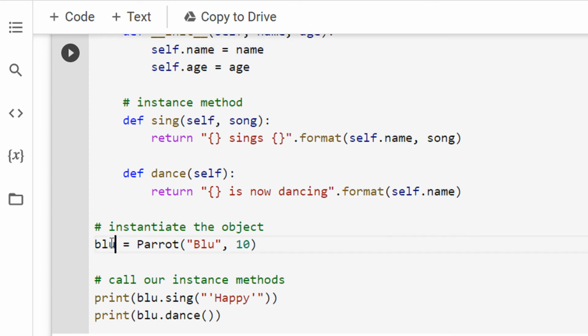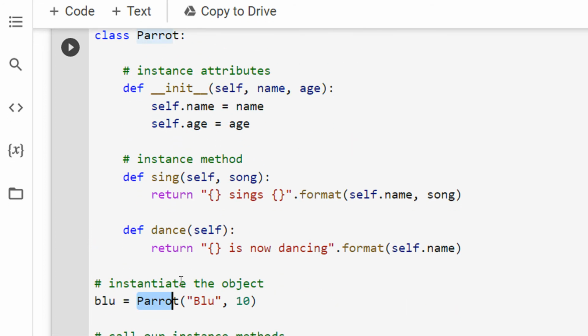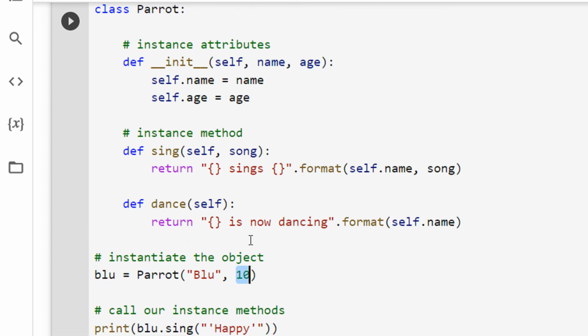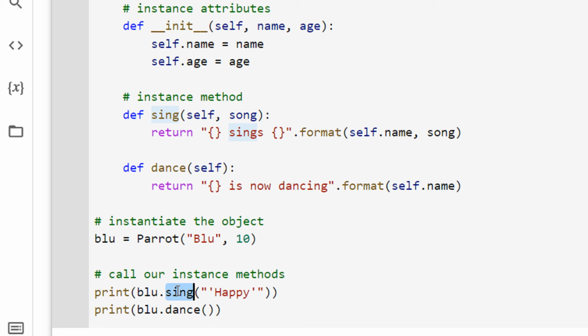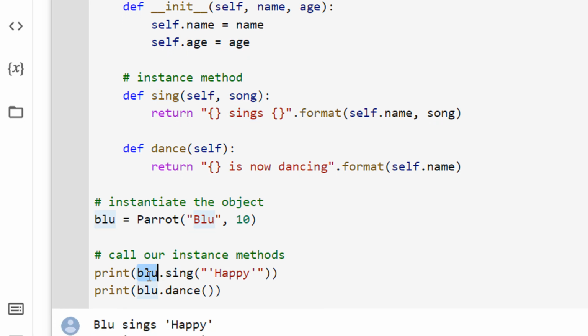I'm defining a parrot blue. Basically I copy the name of the class and initialize blue with the age 10. So name comes to blue and age comes to 10. Now I'm calling blue.sing('happy'). So I go to the sing function, which is called by the object blue.